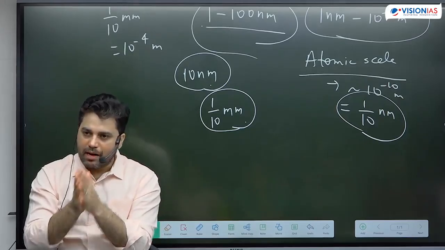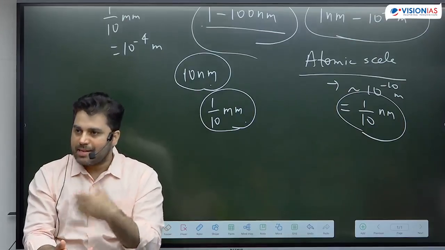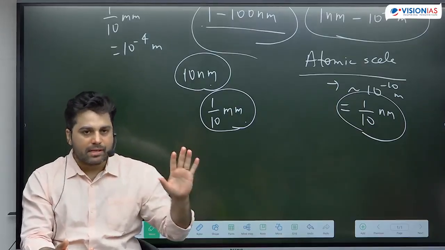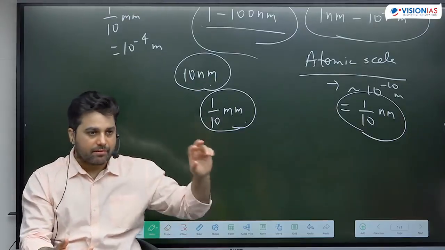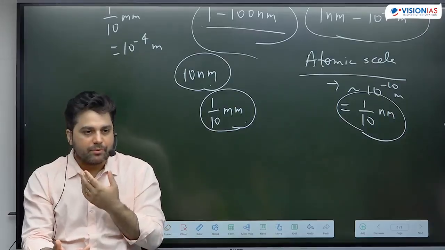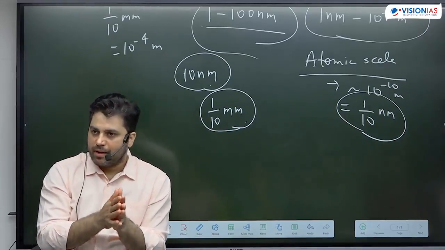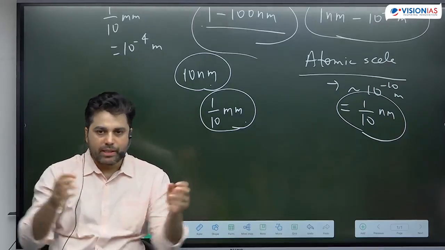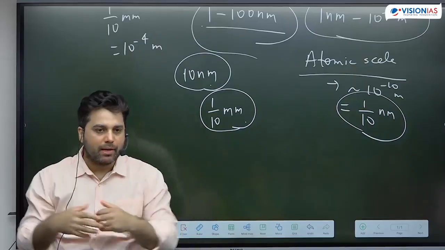So it is carbon atom only, the atom is the same, but the arrangement became different. If you have studied again chemistry in class 11th, 12th, you do know that it has something to do with how atomic arrangement exactly changes and how that arrangement changes the behavior of the two allotropes of carbon, graphite and diamond. So the point I'm trying to make here is that whatever properties which we witness at the bulk scale, those properties essentially are because of how atoms and molecules are arranged at fundamental level, how they are coming together, forming bonds with each other, and how that bond essentially leads to a bulk material.